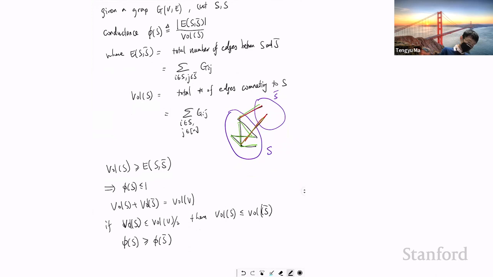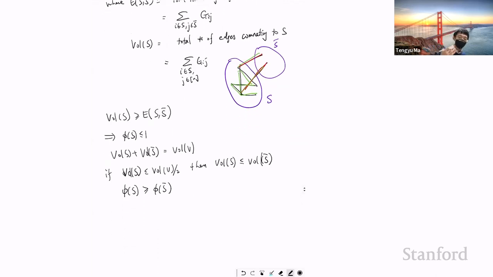So you should have a definition that doesn't depend on how you name S and S bar. S and S bar are symmetric, but here the conductance of S and S bar are different. So to remove this confusion about the symmetry, we will insist